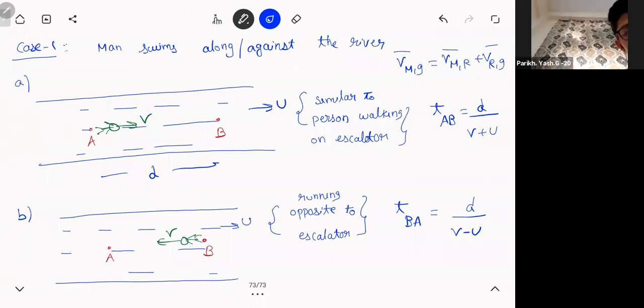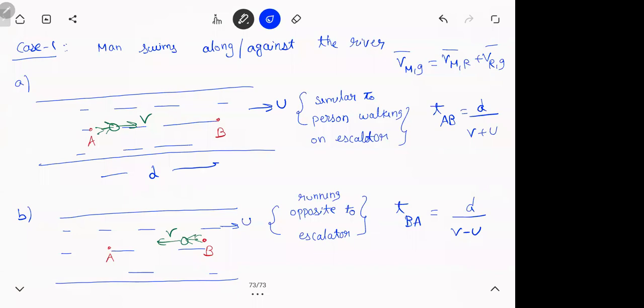Sir. Yeah. If we stop the water flowing, then in the A case, it will be on the left hand side. Correct? No. So, you see, you are not running beside the river. You're standing on the river. What is this V? This V is the velocity of man with respect to water, no?